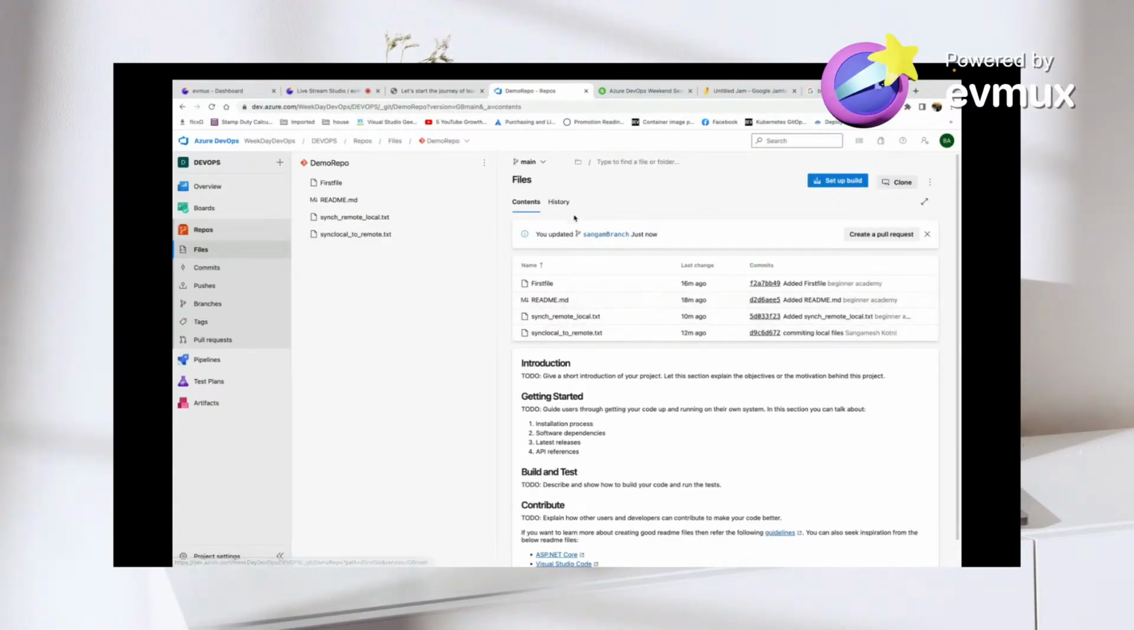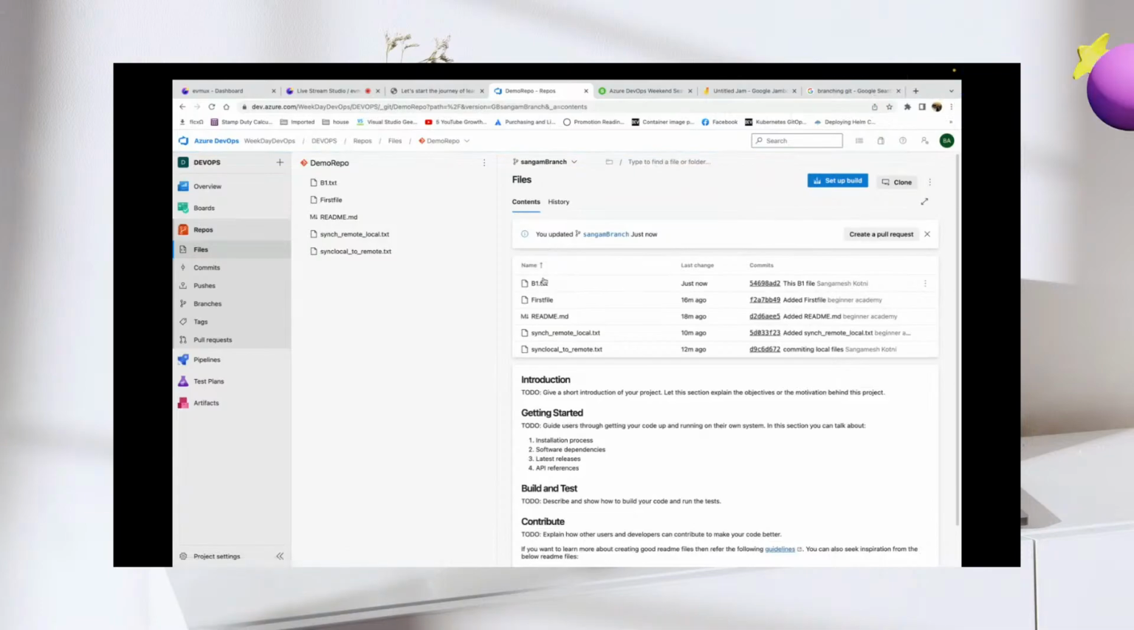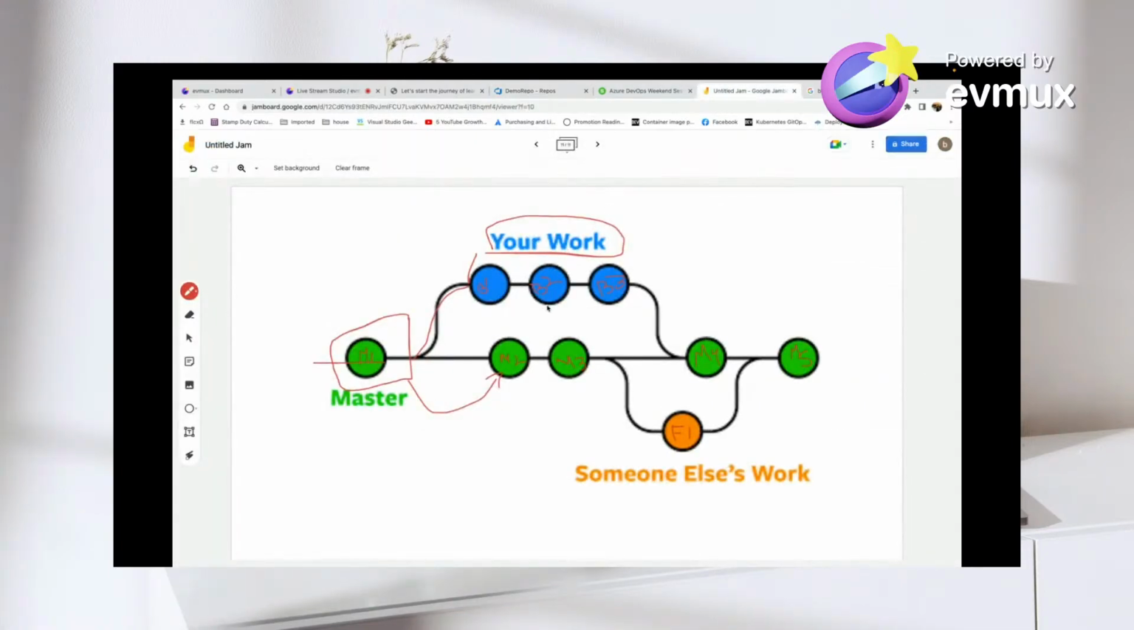This b1 file doesn't exist on the main branch. So if you wanted to switch back to the Sangam branch, you would be able to see the b1.txt file. So if you could see here, b1.txt exists only on the Sangam branch. So as part of our diagram, in between b1 and b2,